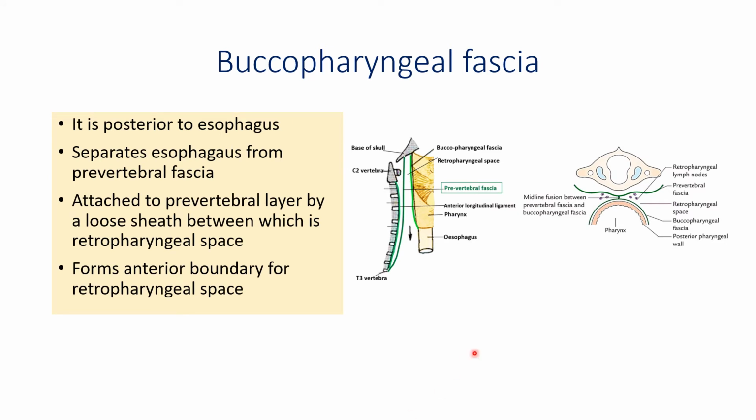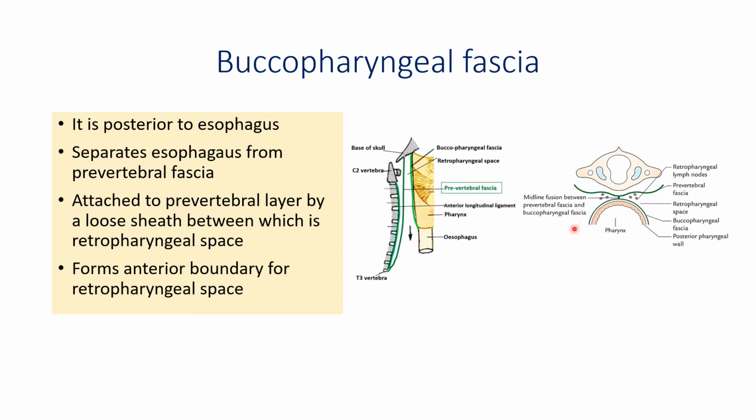In this picture, if you observe, this is the pharynx, and we can see the layers of the pharynx. Starting from the lumen, we have seen the layers, and the outermost layer is the buccopharyngeal fascia. If you observe, it is connected to the prevertebral fascia in the midline, fusing with the prevertebral fascia in the midline, and then it is separated from the prevertebral layer on either side, if you see,